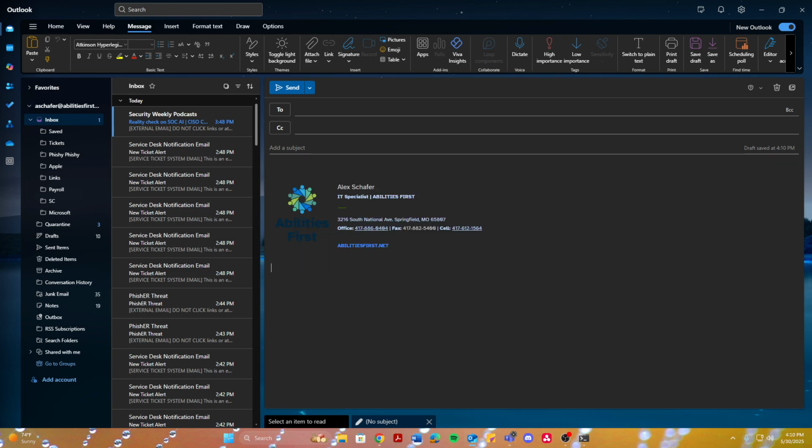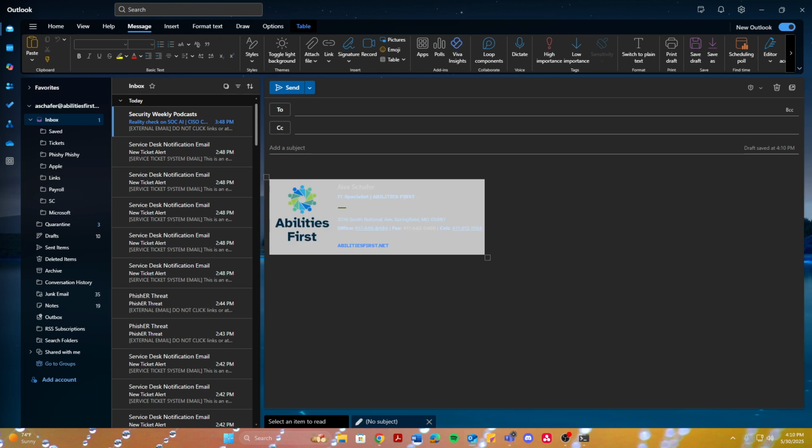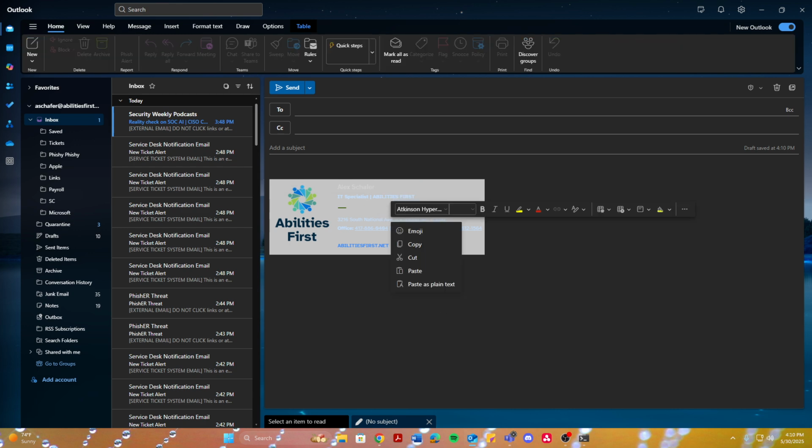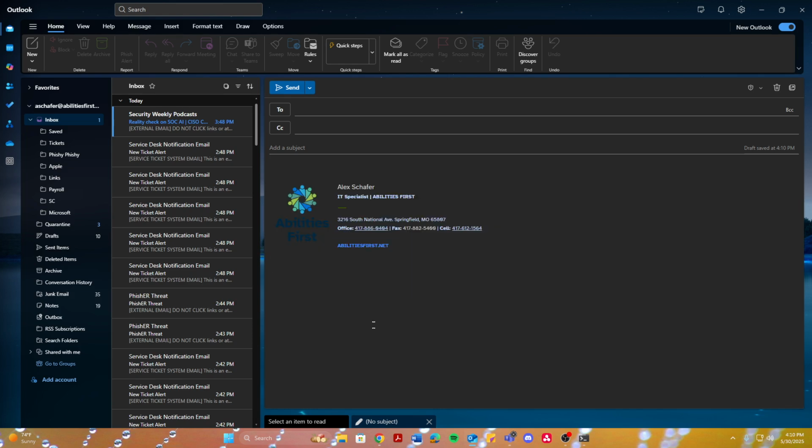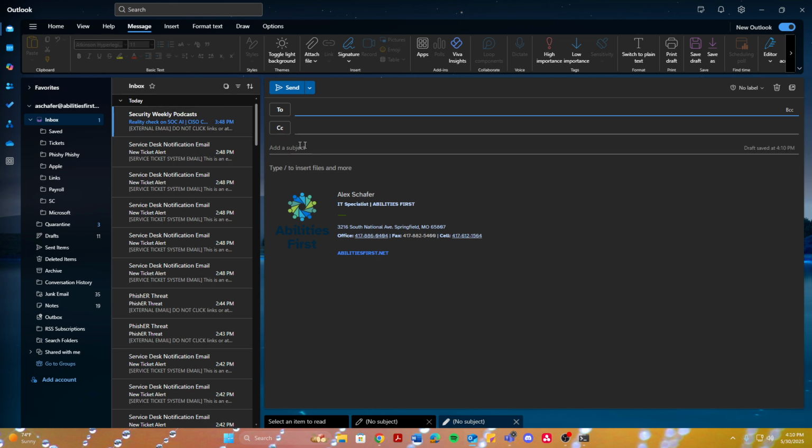However, if you did get sent an email with a link to the font download, more than likely it'll be from Jason or Rebecca, and you'll be able to just copy the signature in that email. Just make sure to have all of it highlighted and click Copy. Right-click and copy. Then we'll go to New Mail,